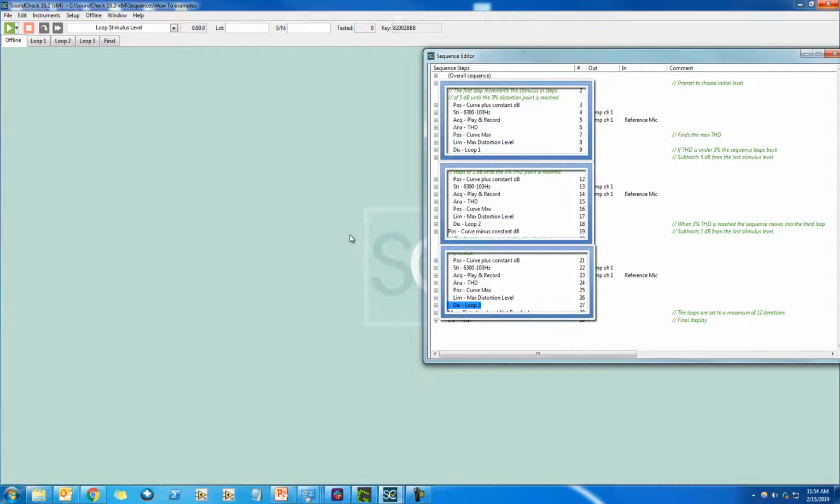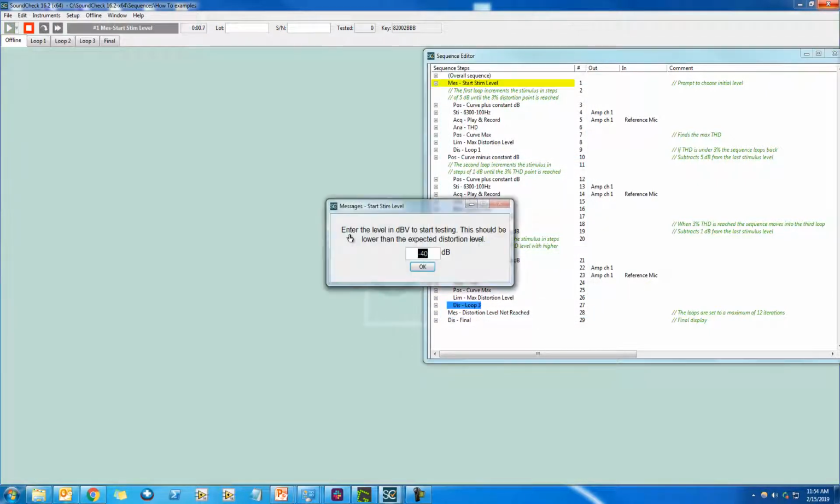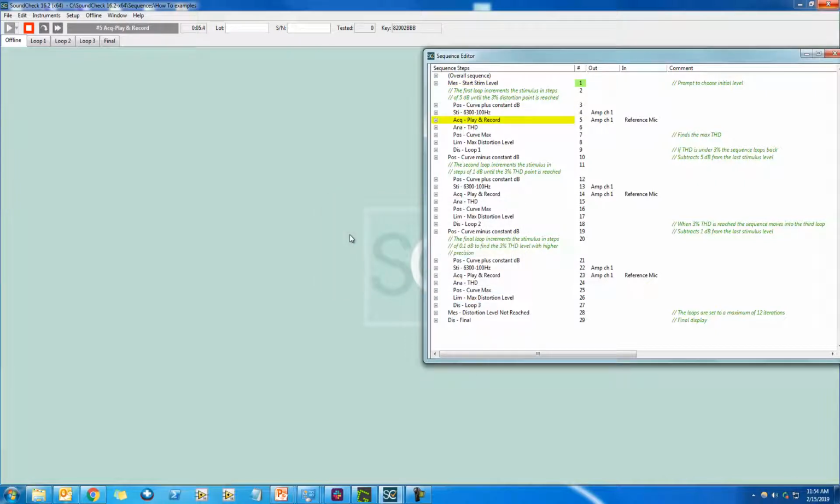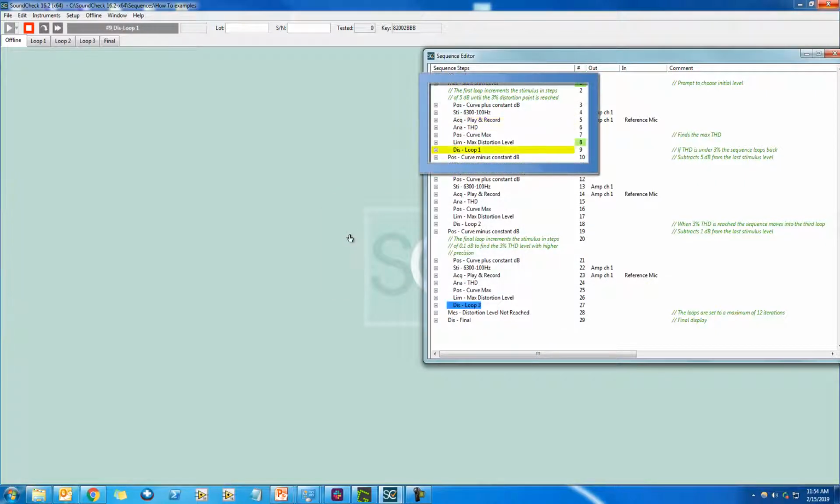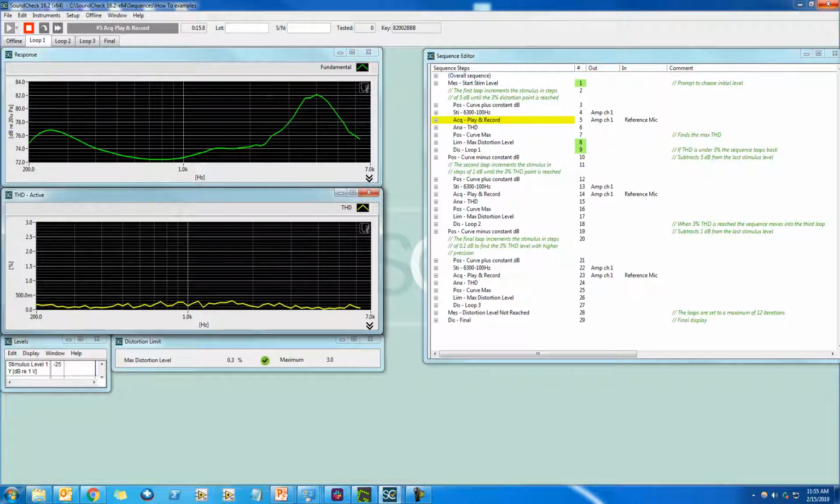This is done by utilizing three different loops. First, we'll set a stimulus level, and then in this first loop here, we increase 5 dB until 3% distortion is reached. We're trying to find within 0.1 dB where 3% THD occurs, but we don't want to waste time by increasing by 0.1 dB throughout. So at the beginning, we use broad strokes, and then we use finer and finer detail to try and find